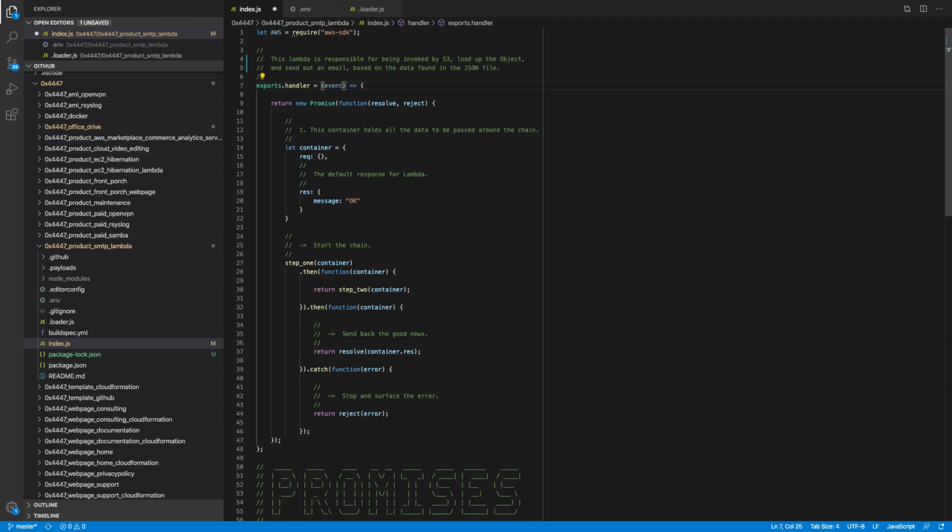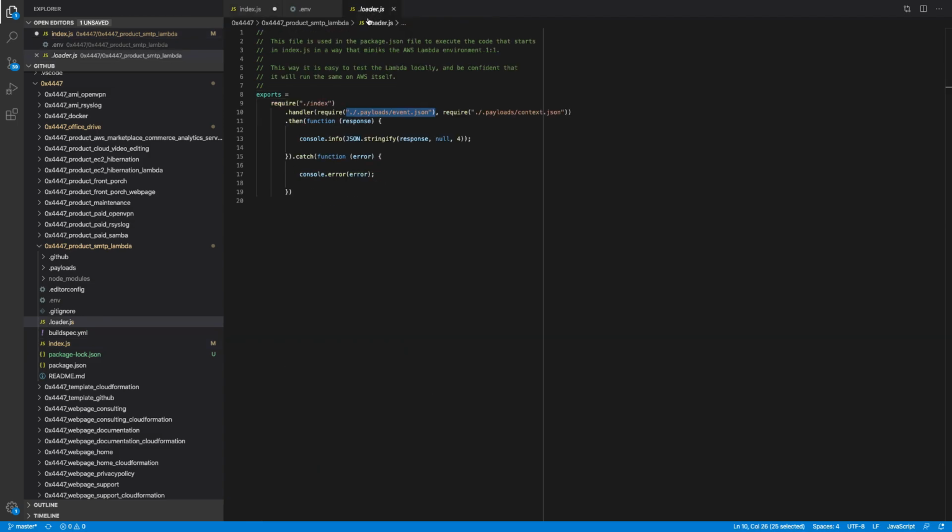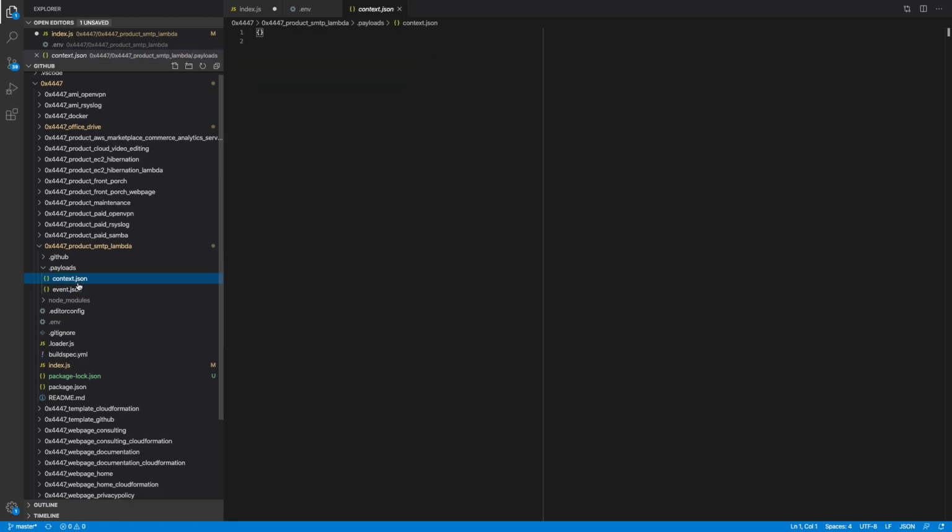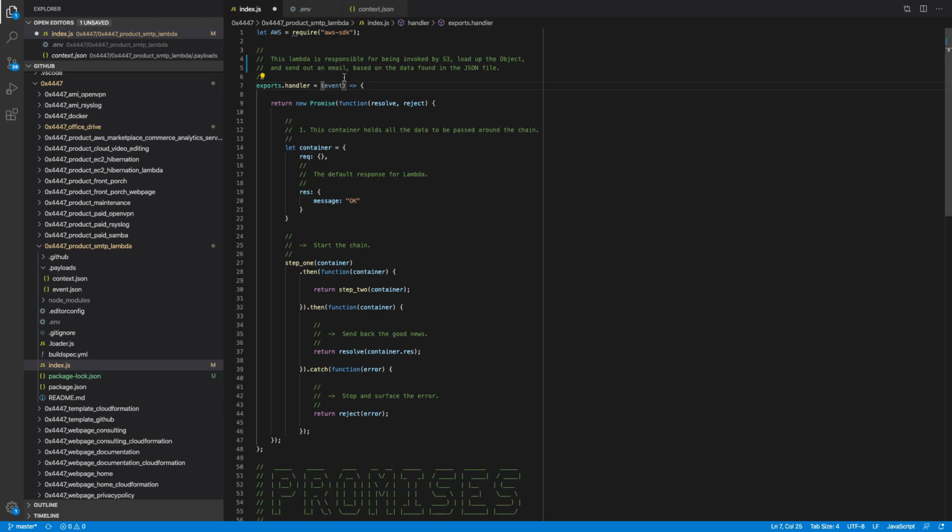Normally you use event. This is where you pass data to the Lambda function. And so what we're mimicking here are basically these variables. And so if you go to the folder payloads, you have these JSON files, which are super empty, and you can put whatever you want here to mimic basically the request, the event structure that the Lambda function is going to get. So to do that now,